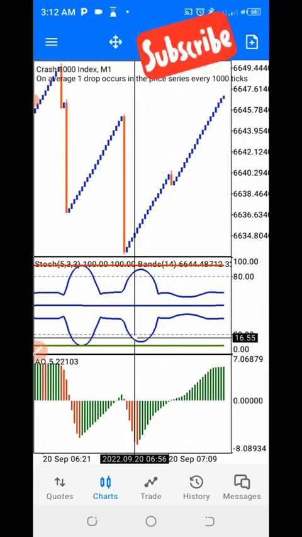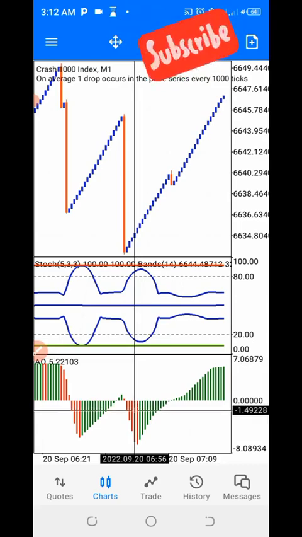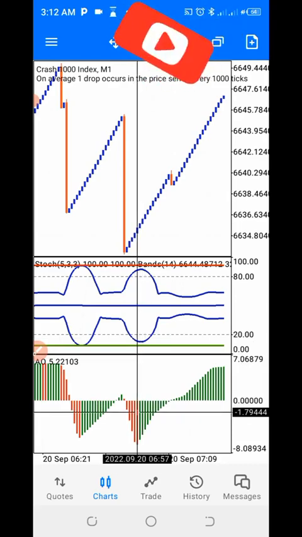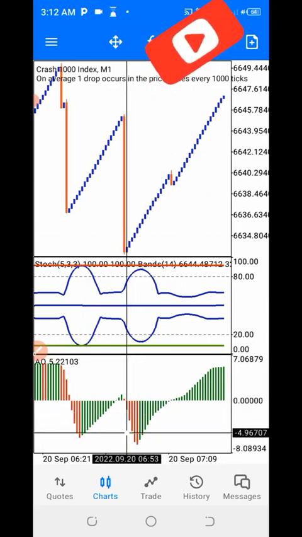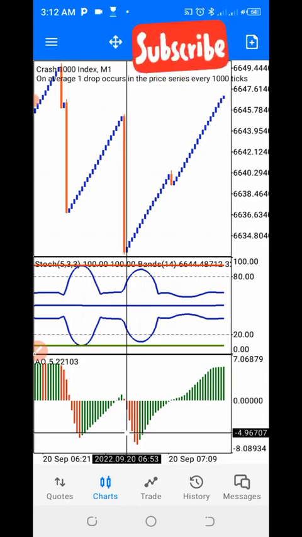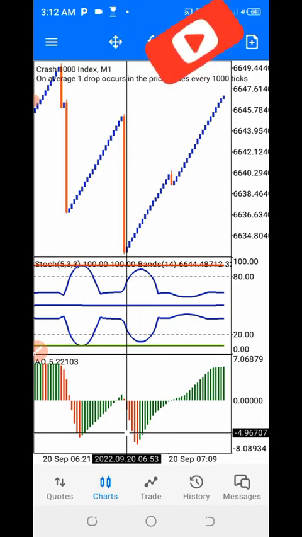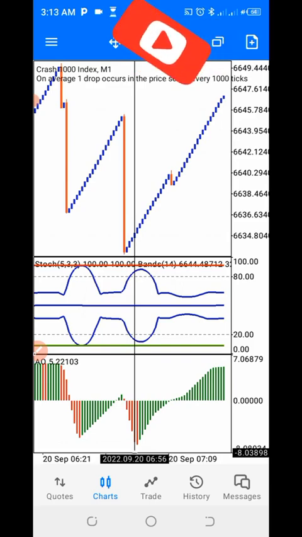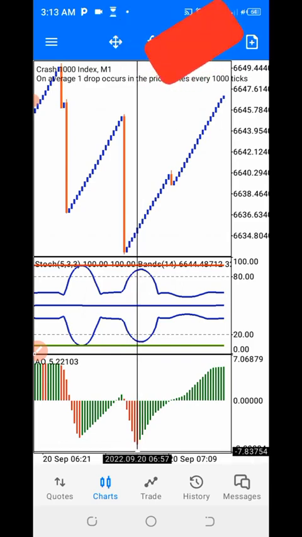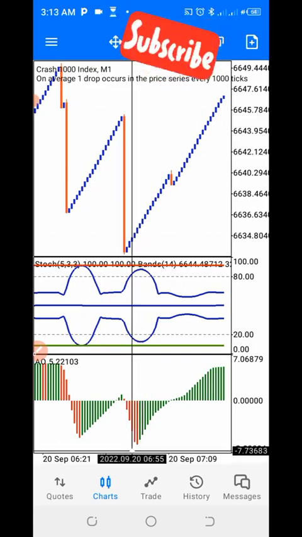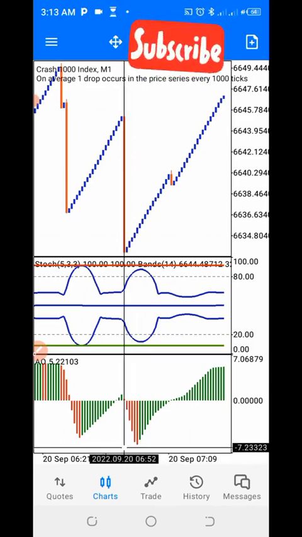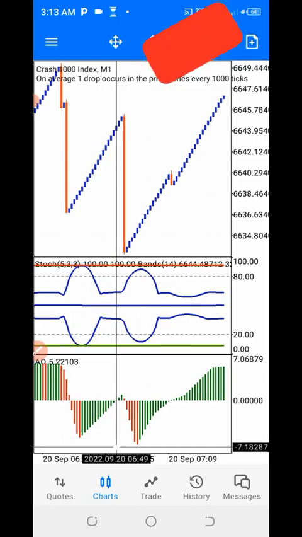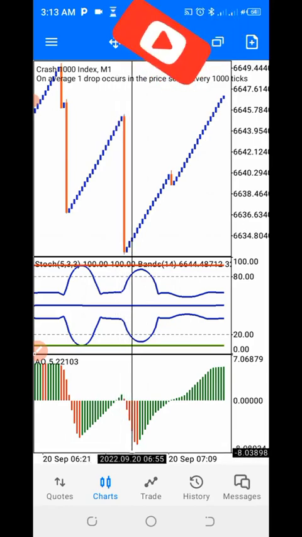Your awesome oscillator must change color from red to green. That is the confirmation. Listen again. The awesome oscillator is what is going to confirm your buy for you, confirm your setup for you. So it has to change from what? From red to green, right? It has to change from red to green after you've gotten this spike, this big spike.